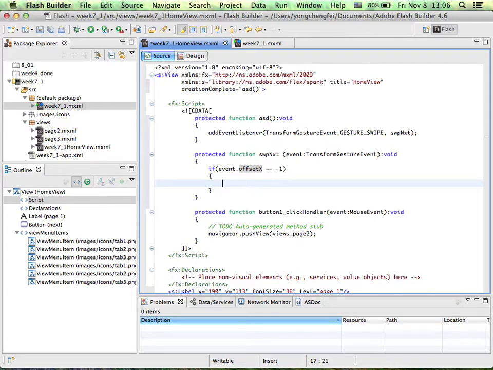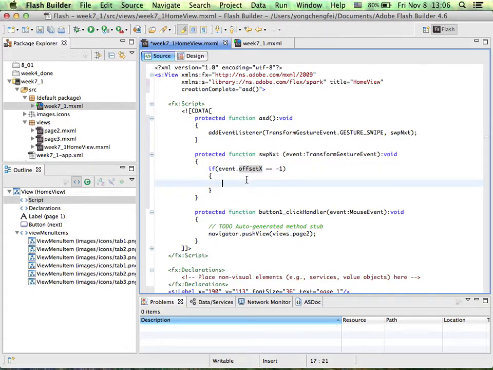Remember offset x and y, on your mobile phone. Now we want left to right, right to left, which is x. You have to remember -1 is from the left-hand side, you swipe to the right. Okay, we go to next page.